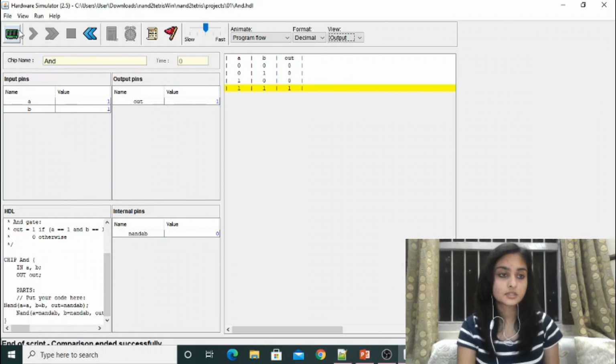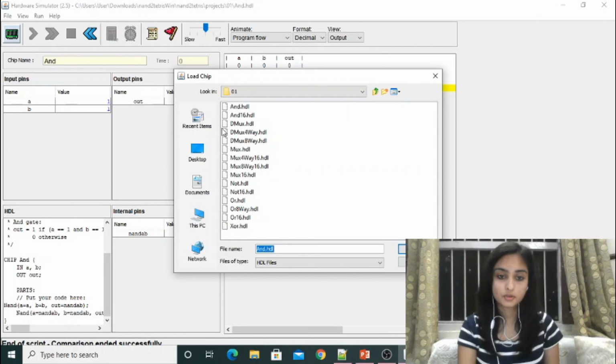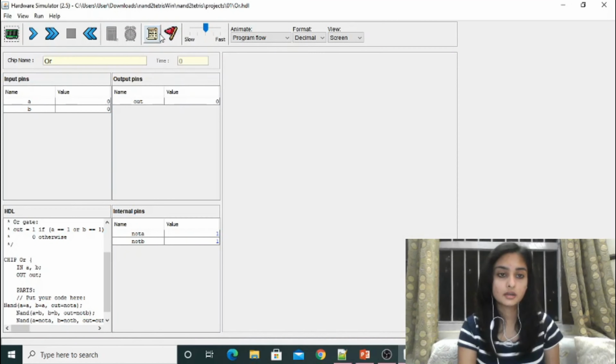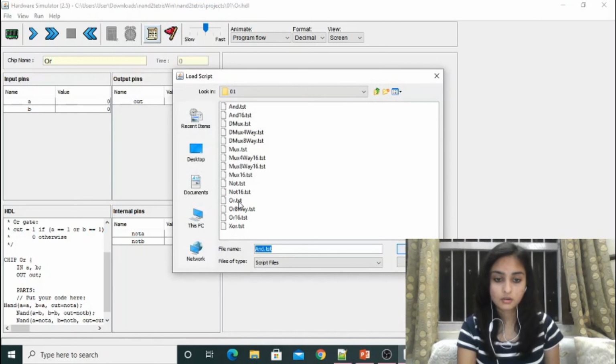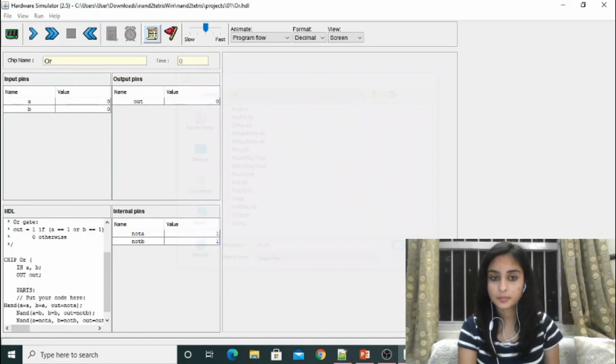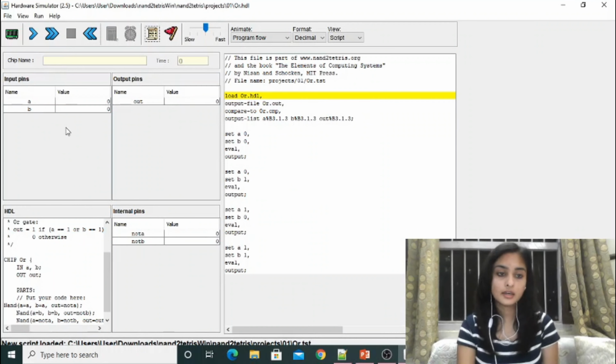Moving on to the hardware simulator, again we will load the chip from here, or.hdl, and from here we will load our script, or.tst. Again, these are the input pins, A and B. These are the output pins, which is only out.